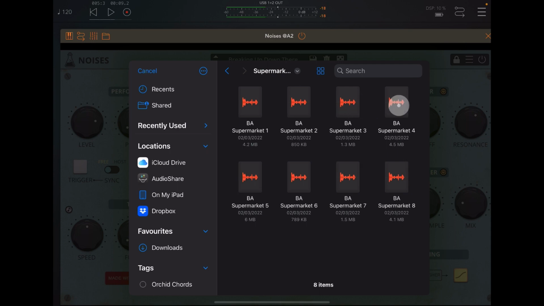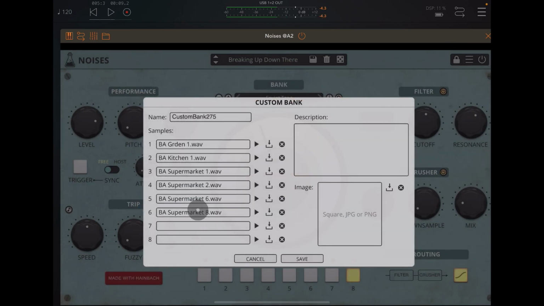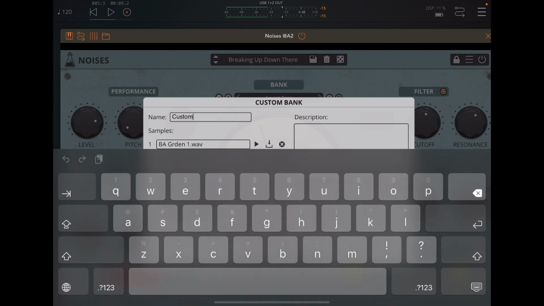See what we've got going on in here. We'll put number 8 in there. Okay, so we'll just leave this at 6 samples, but we could put another 2 in, or we can choose a sample from anywhere we like. You don't have to. You can put a completely different type of sample in. It's absolutely fine. Right, so I am going to call this, just for fun, I will call it